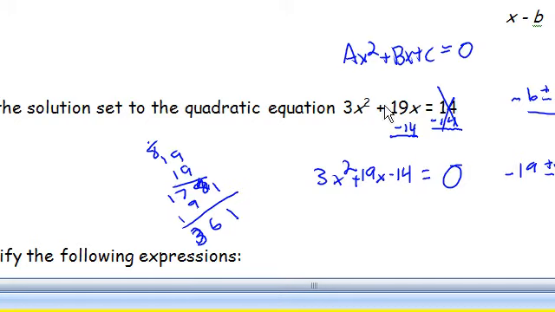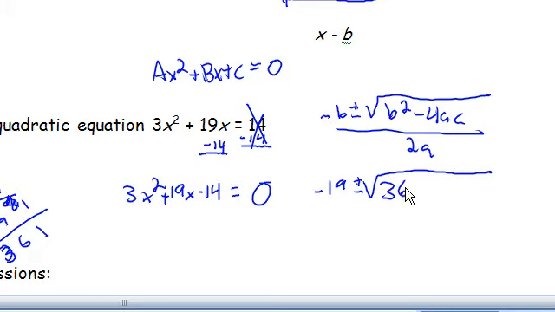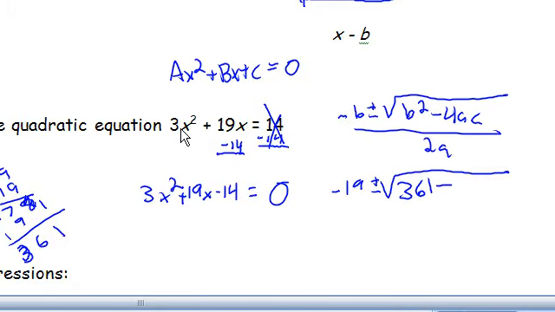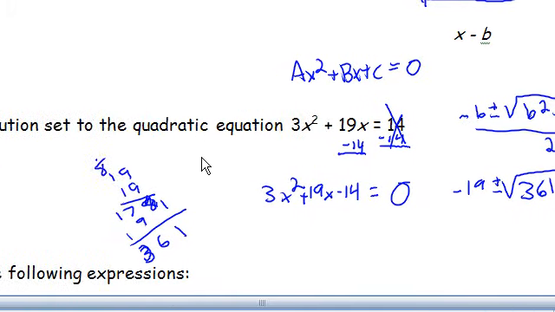Yep, 361. So 361 minus 4 times a, well, that'd be 12, times c. Wait, let's see here. So a is 3. 3 times c is